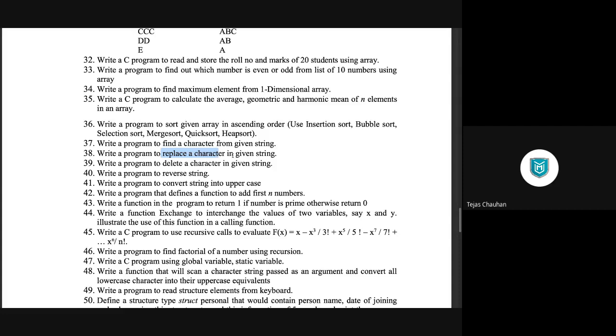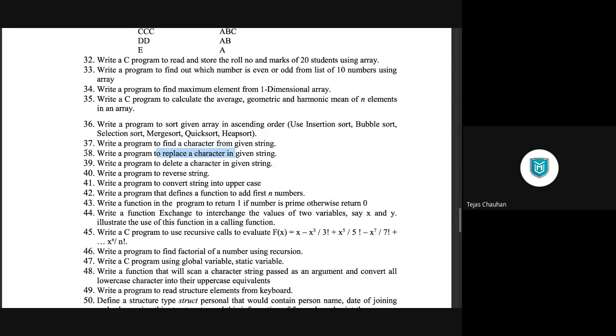That's it: str of i equals new char. So नया character वहाँ पे assign कर दो. That's very simple. So the 38th program also you can go and complete. आप पूरा 37th program copy paste करो and एक extra line लिख दो वहाँ पे, then you are done.